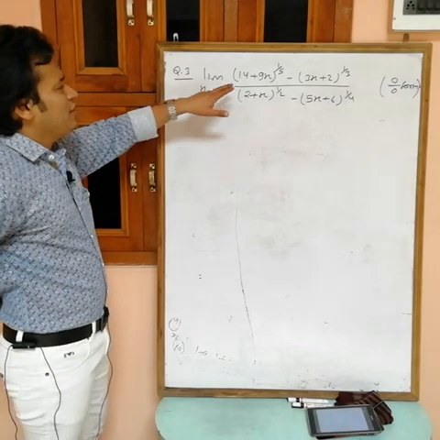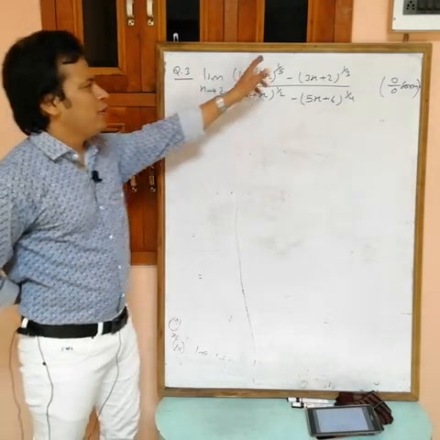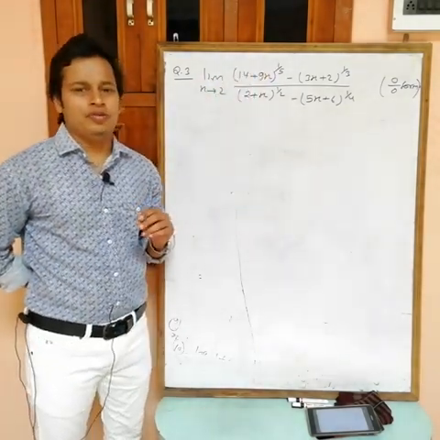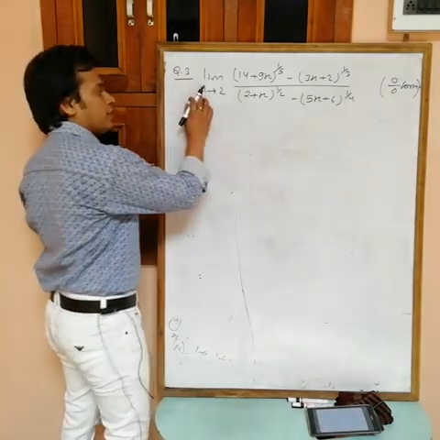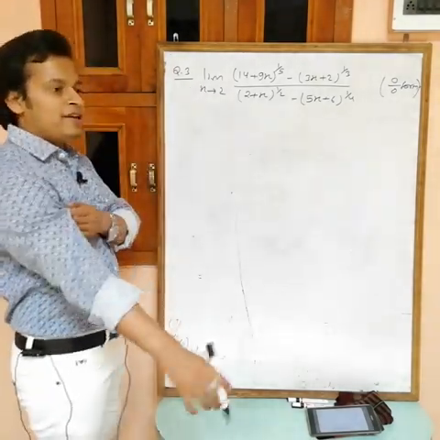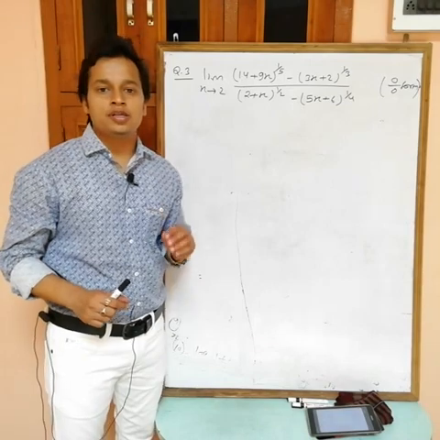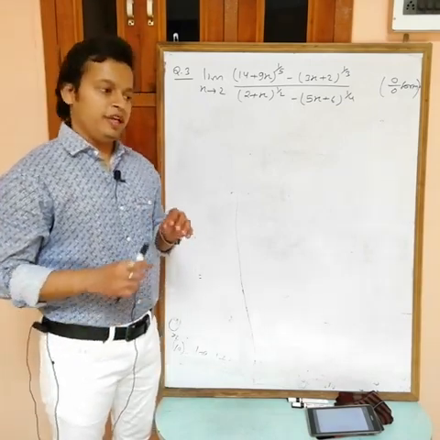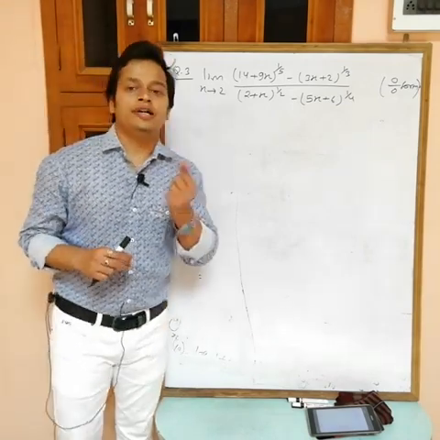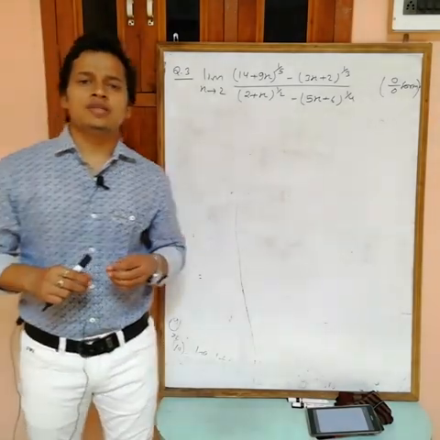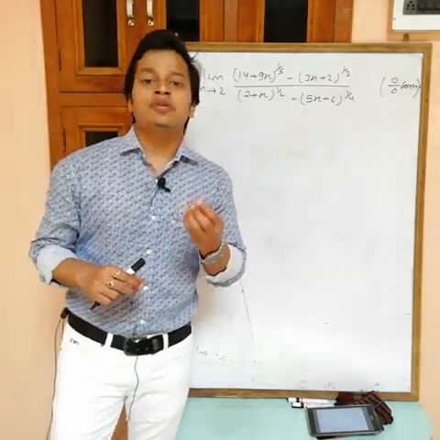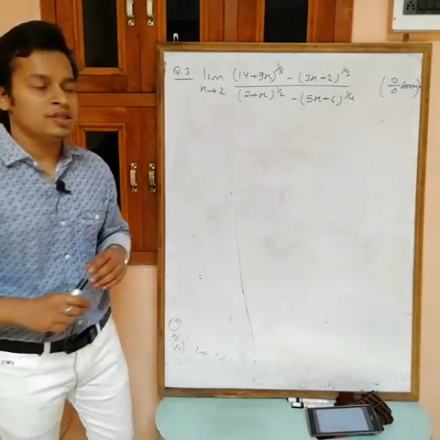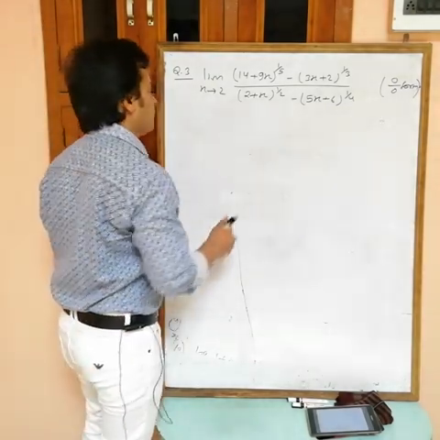Then again, see now, if I take common 14 here, then 40 power 1 by 5 we didn't know the value. Okay. Then here we have x tending to 2. So replace x as either 2 plus h or 2 minus h. If you replace 2 plus h, then you will get RHL. If you replace 2 minus h, then you will get LHL. And both are the value of limit now, and both are same. You can use anything. Okay.